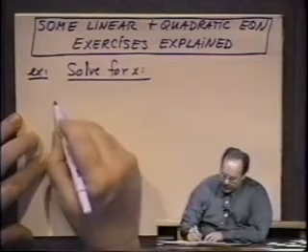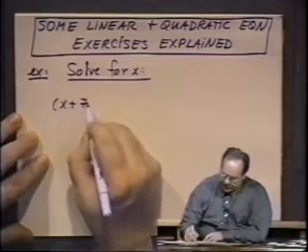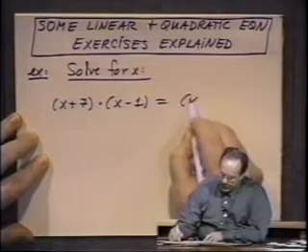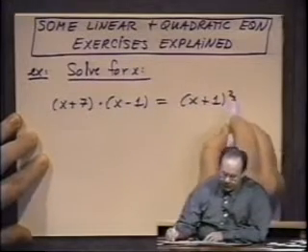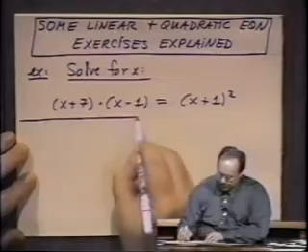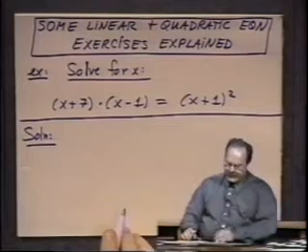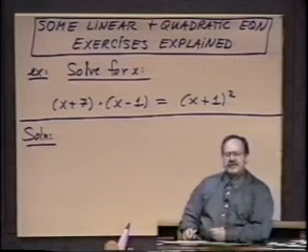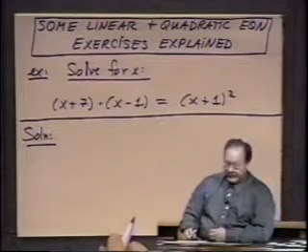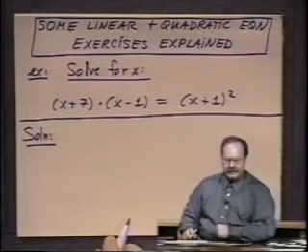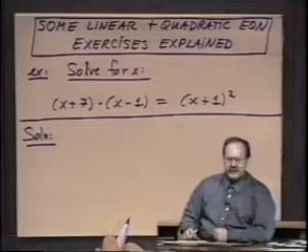And here is the equation. x plus 7 times x minus 1 equals x plus 1 squared. All right. Now on the surface, this appears to be a quadratic equation. It is a quadratic equation right now. But as it turns out, with a little bit of effort, we'll see that it really reduces to a linear